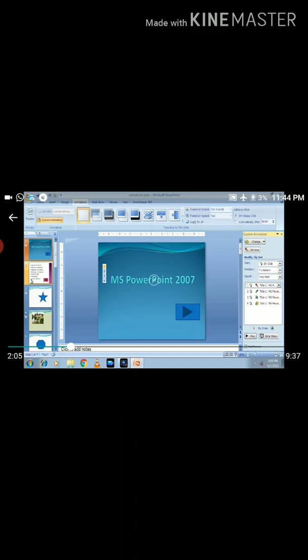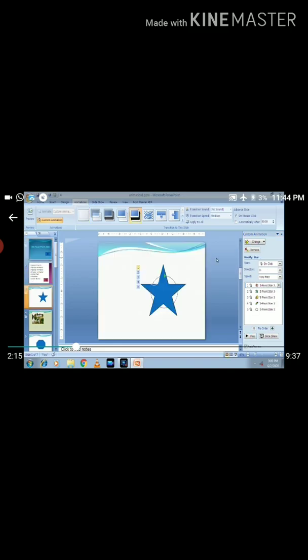At the bottom right side I have inserted a picture of an action button. This is a star shape. I have given 5 animation effects to this shape. A motion path is also given to this star shape.